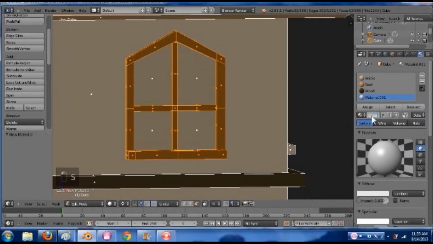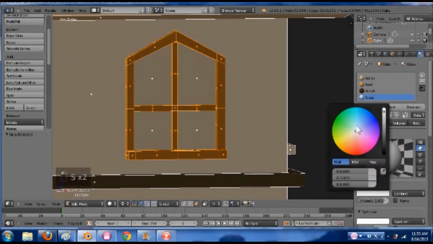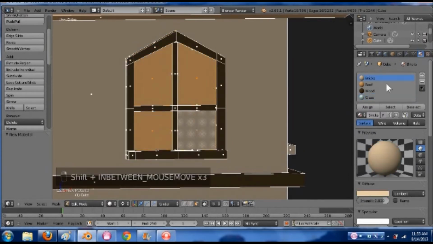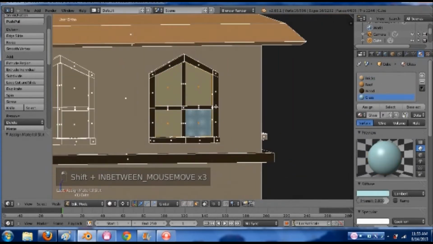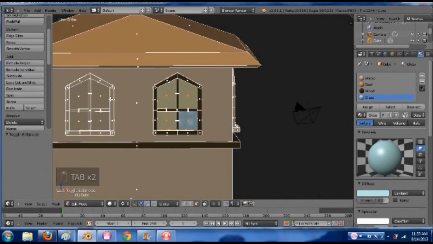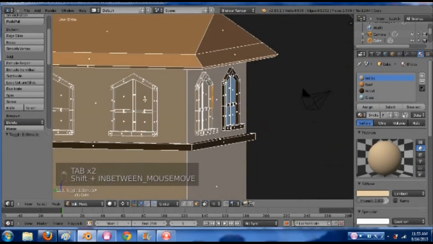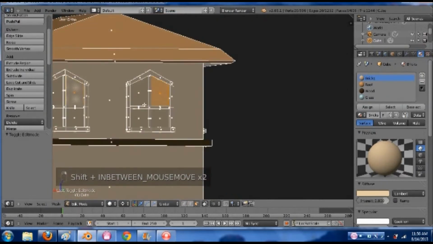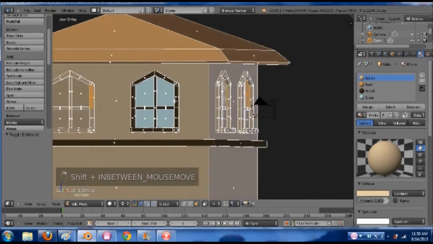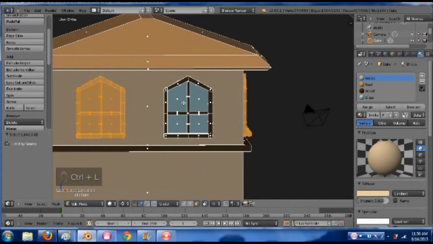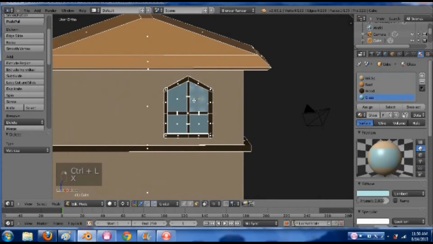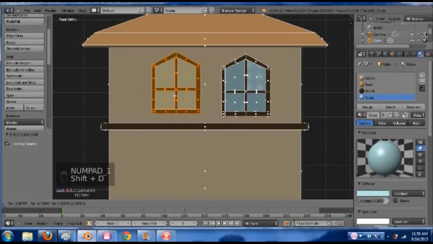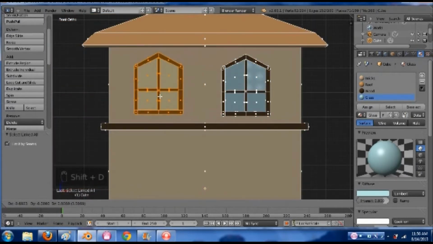Another one, glass. We'll let that one be shiny and give it just a little bit of a blue. There we go. So I'm going to select one of that, one of this, one of this, one of this, one of this, one of this, one of this. Control L, X, vertices. Grab this one, Control L, front view, Shift D, move it over to this side,